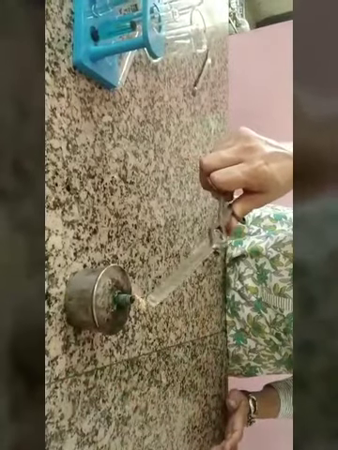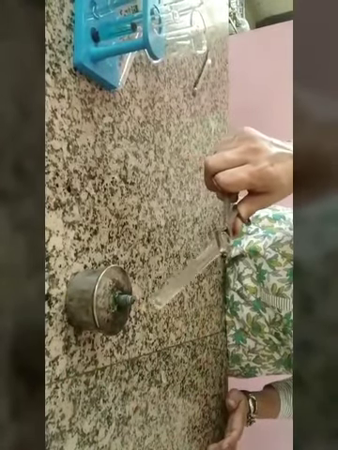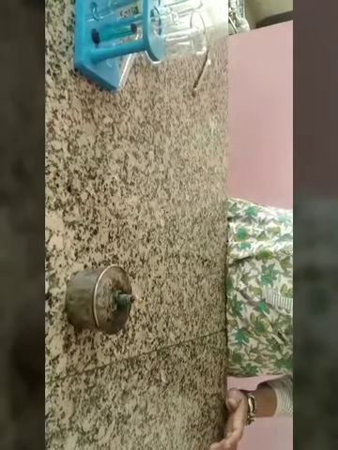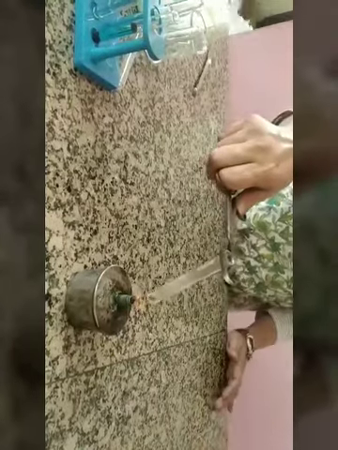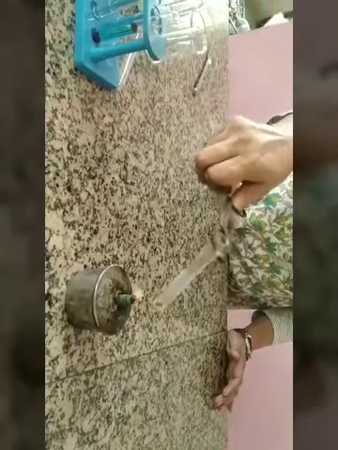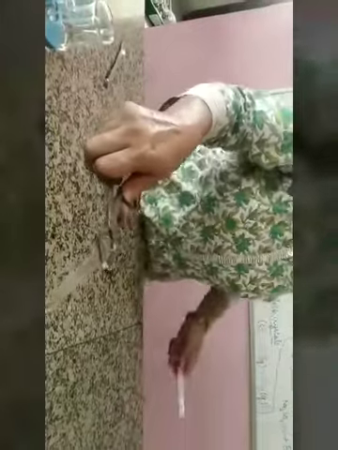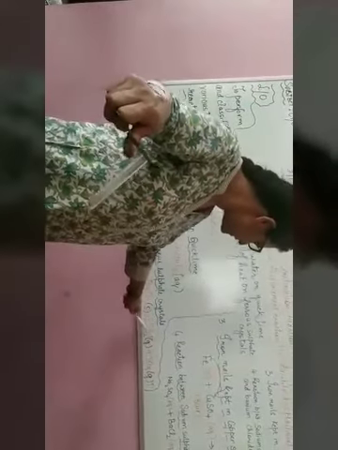See what the observation is on heating the ferrous sulfate crystals. A brown colored substance is formed there. After heating, this is the result for the ferrous sulfate crystals, and you can easily observe the brown colored substance here. So this is the reaction related to the action of heat: when we start heating ferrous sulfate, it decomposes into ferric oxide, and sulfur dioxide and sulfur trioxide gases are released.